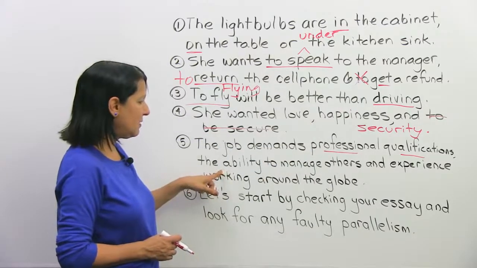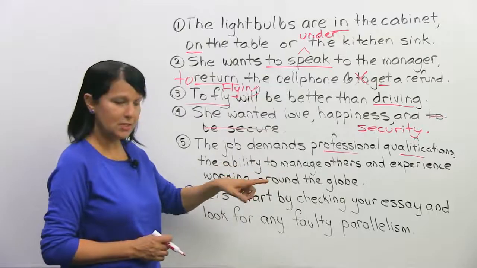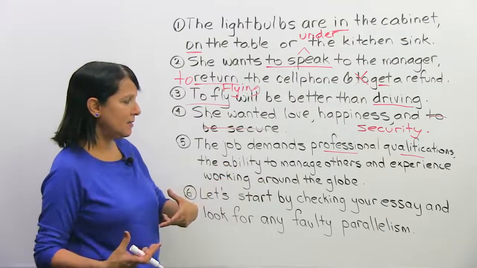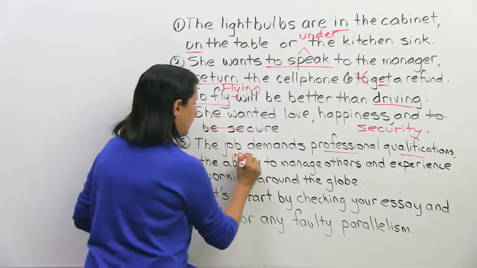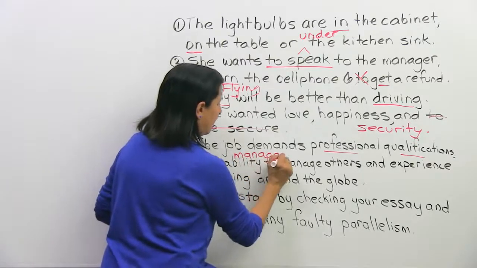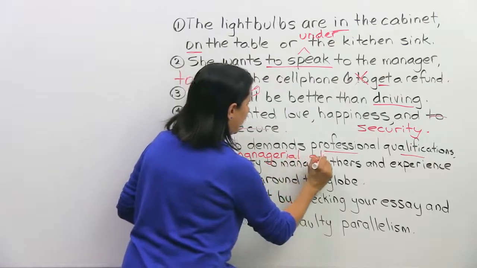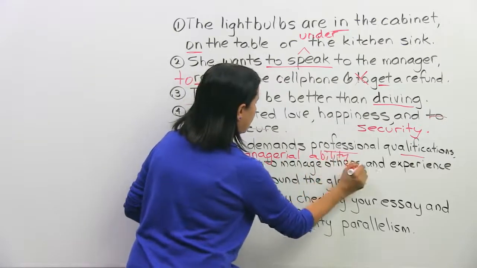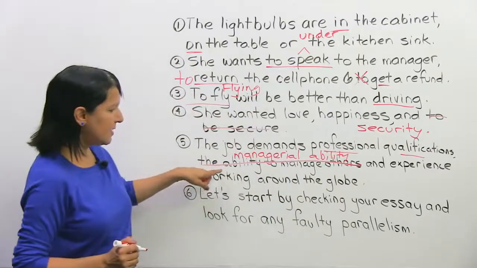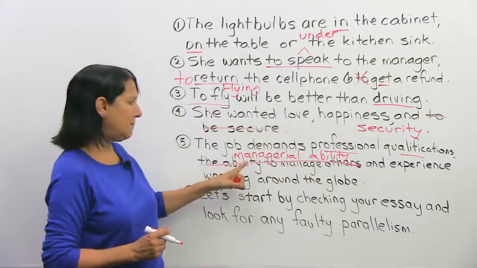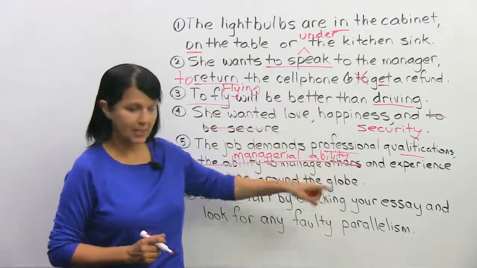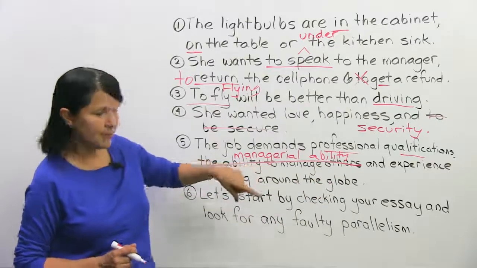How can we say the ability to manage others as an adjective and a noun? We could say, instead of saying the ability to manage others, we say professional qualifications, managerial ability, and then again, a very long-winded